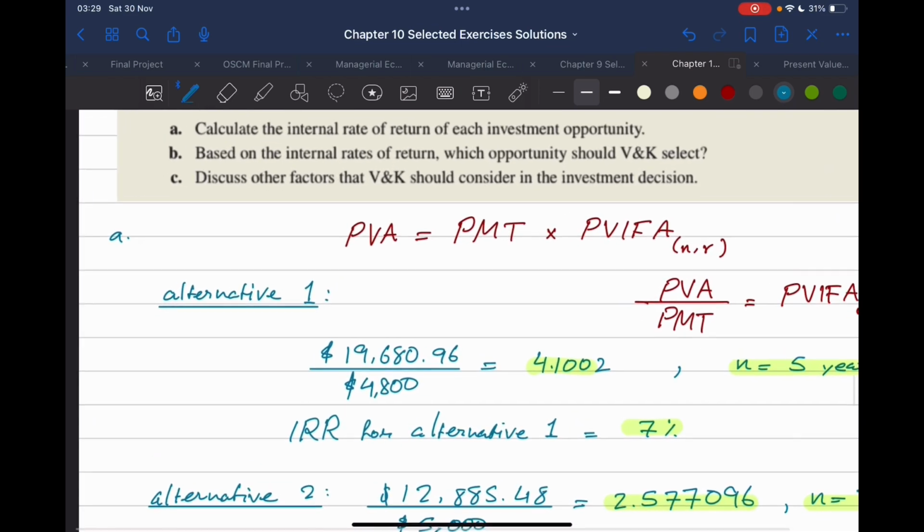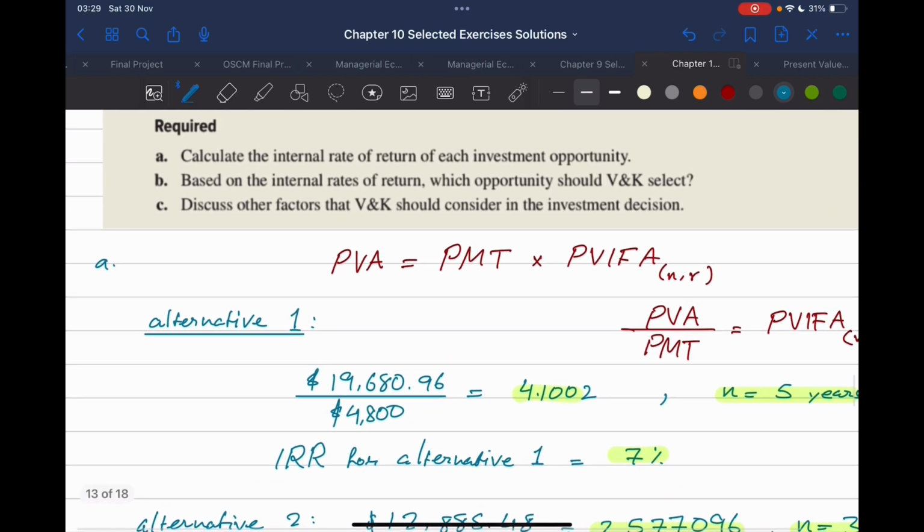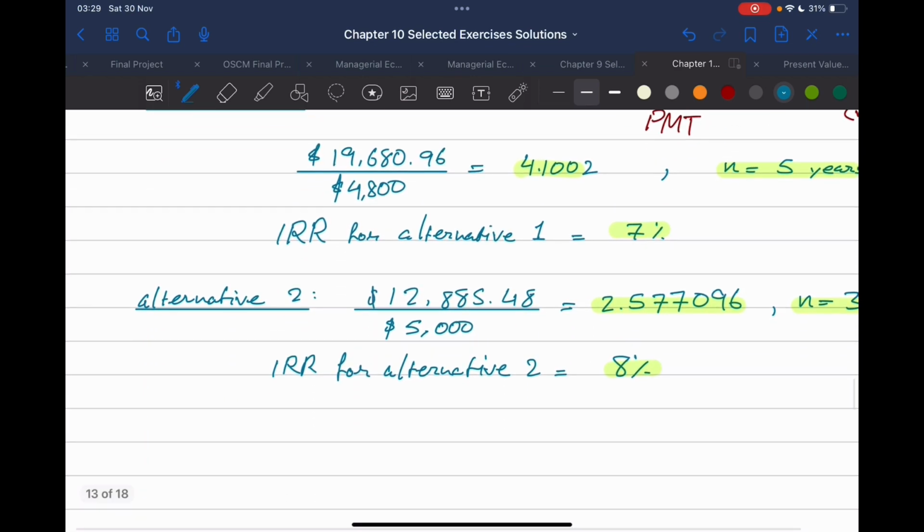Now let's see what part B wants. It says, based on the internal rates of return, which opportunity should V and K select? Now this is straightforward. Of course, the company should take on the investment opportunity that has the higher internal rate of return, right? And based on that, V and K should